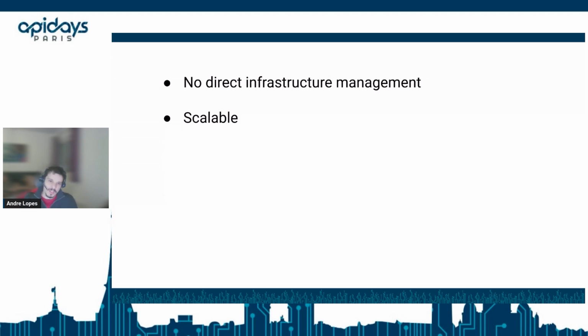So for example, Lambdas can be scaled up to 1,000 concurrent executions at the same time. And if you need more than that, you just need to go to AWS support and request